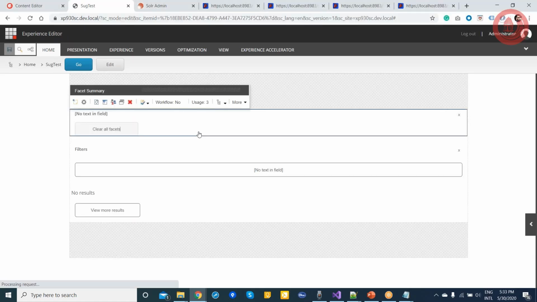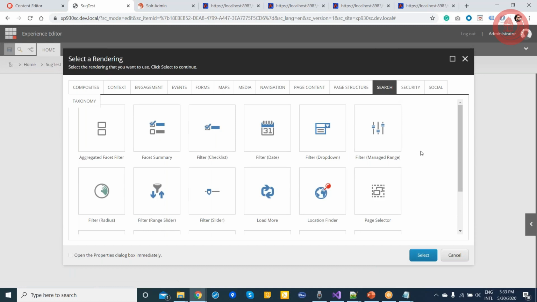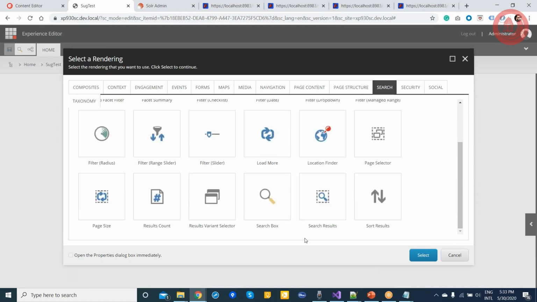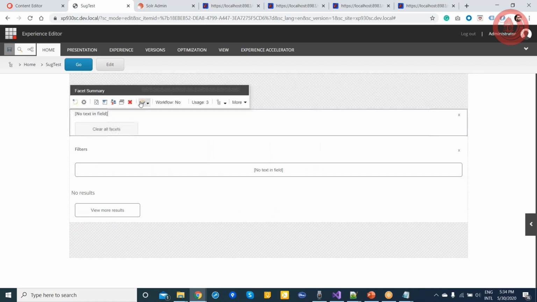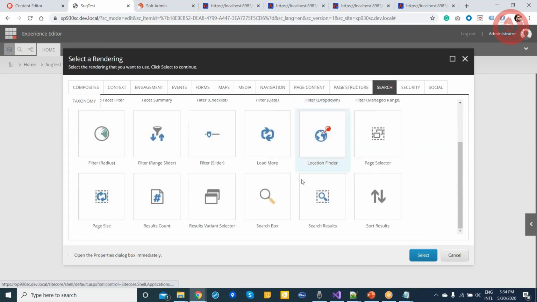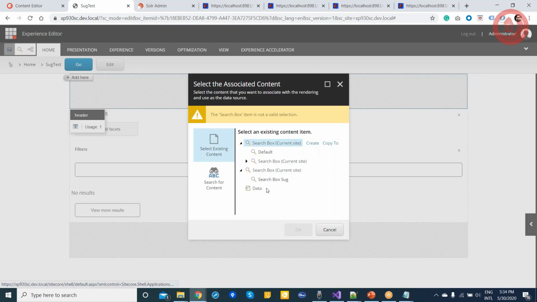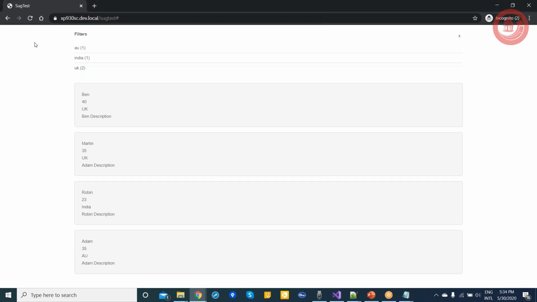The same thing, there are a few more options with SXA. Let's say in the new row component, if I go to the search, and if you want to search, use the search box as a free text search. I will keep this on top, not here. Let's say I will keep this in the header. Search, and if I put this search box, so it's very easy to use.